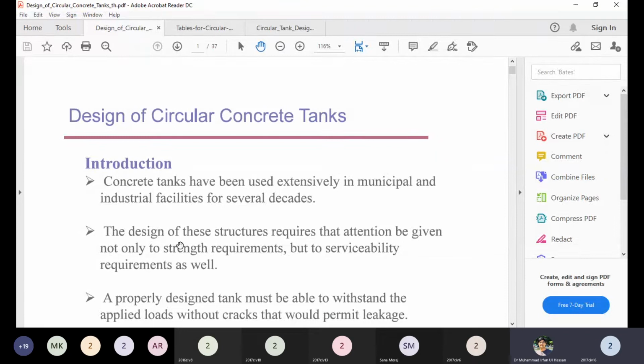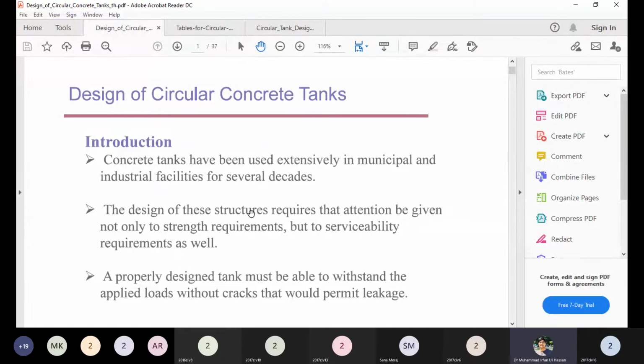So this topic today we are starting with the design of the circular tank, and this is a bit different topic than the previous one, and of course because the concrete tanks design and also the shape of the tank is circular, so there are some different kinds of forces. In addition, the application of this topic is understood because the tanks have been used extensively in the municipal and